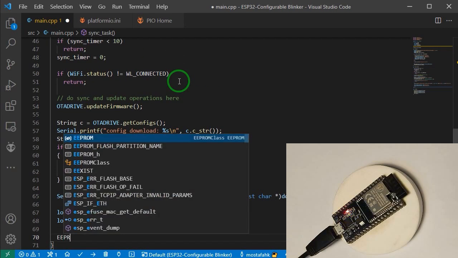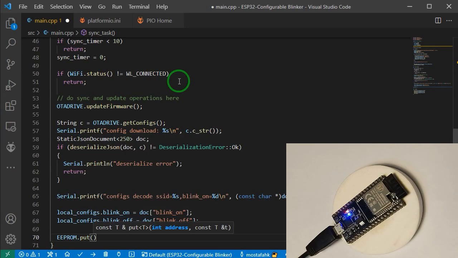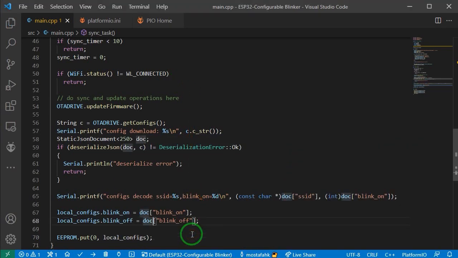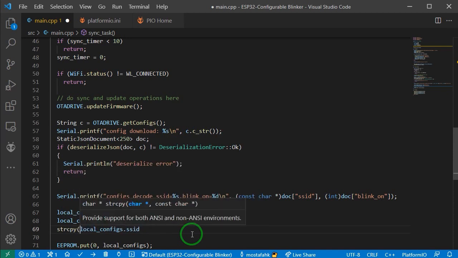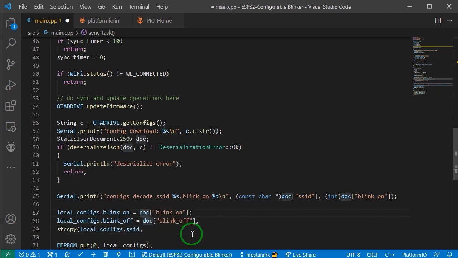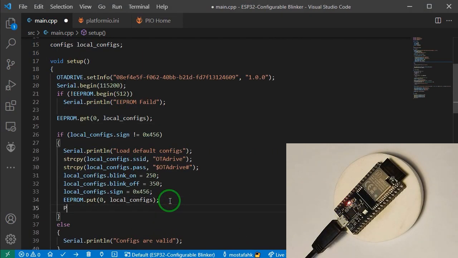Also, after each synchronization, I'll save the configs into the EEPROM. I've missed a command in order to save data into EEPROM.